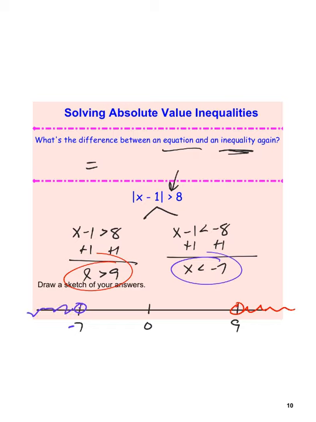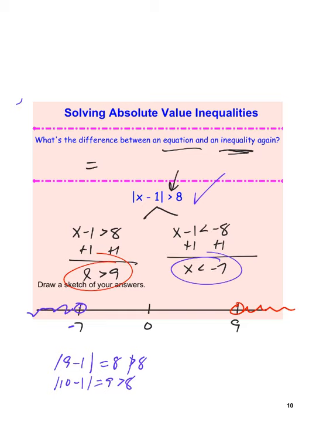Now, when you put this back into the equation, you can see why this works. If we were to put 9 into the equation, 9 minus 1 is 8, which of course is not actually greater than 8. But if I were to put in a value greater than 9, say 10, in that case, 10 minus 1 equals 9, which of course is greater than 8. So that would be a win there. Okay. Now on the other side here,